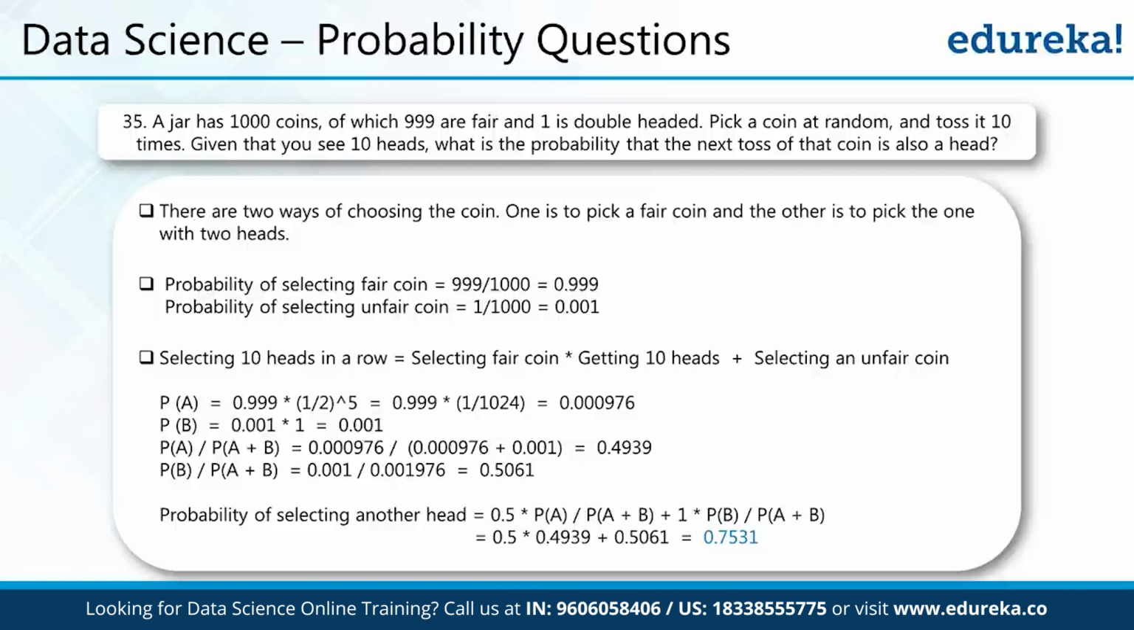So the probability of getting 10 heads in a row would be either you get a fair coin and toss 10 heads continuously. So this is one possibility. The second possibility is to select an unfair coin where the probability of head is 100%, because both sides of the coin are heads. So the probability of getting 10 heads in a row with a fair coin would be the probability of selecting a fair coin multiplied by the probability of getting 10 heads, which is nothing but